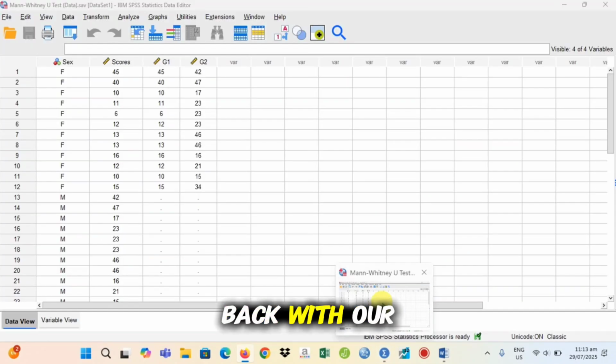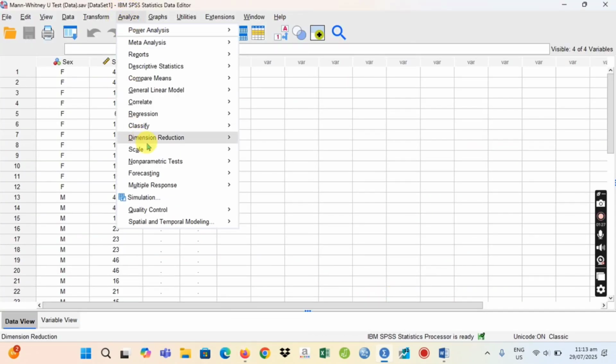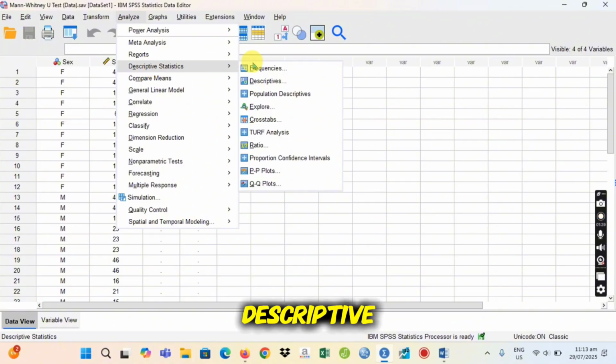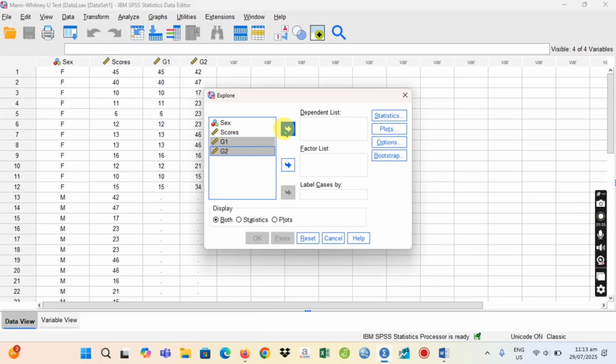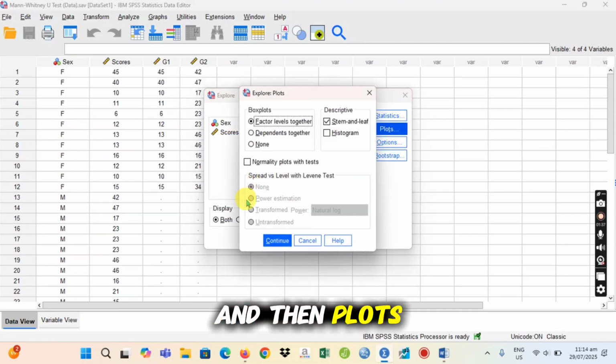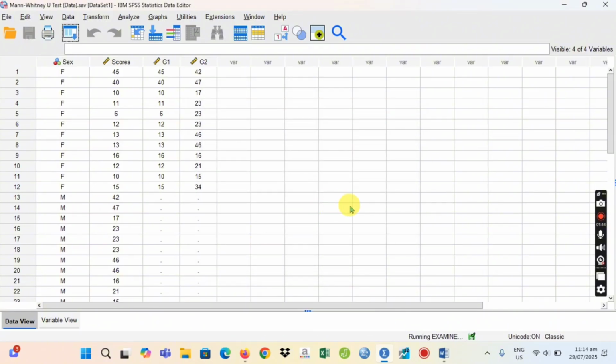So let's go back to our data. Analyze, descriptive statistics, and explore. We're going to consider each group, and then plots, normality plots with tests. Continue. So we'll check with the Shapiro-Wilk.